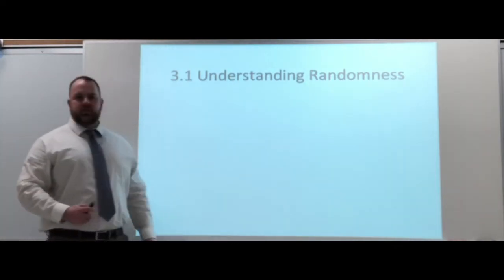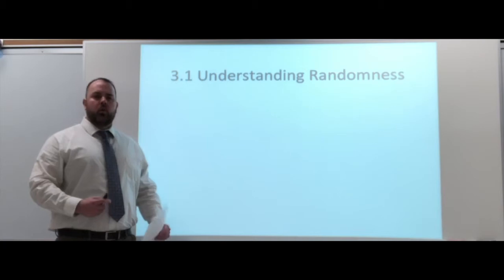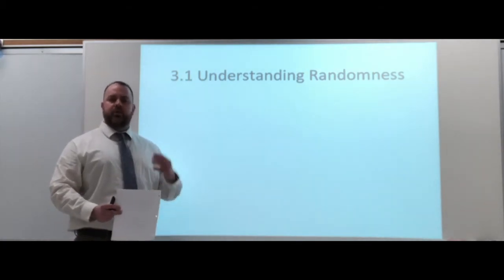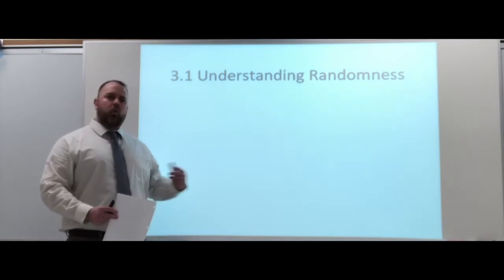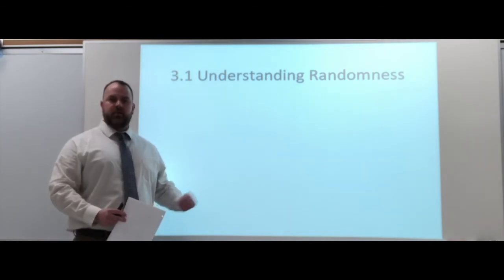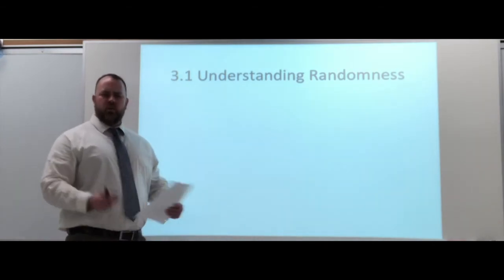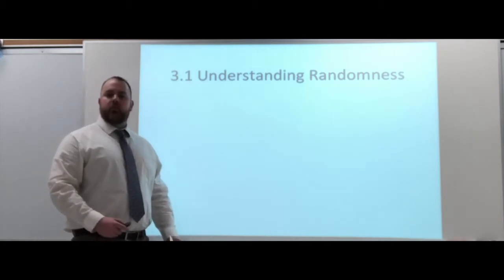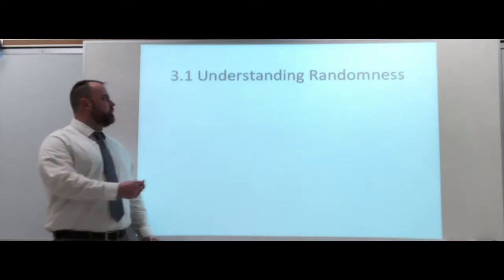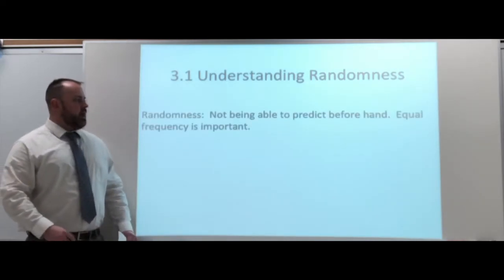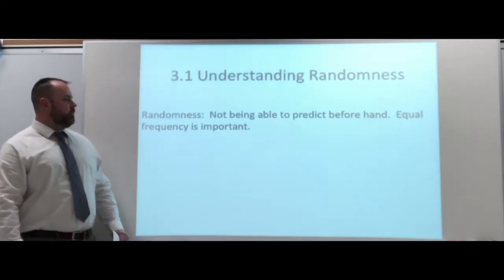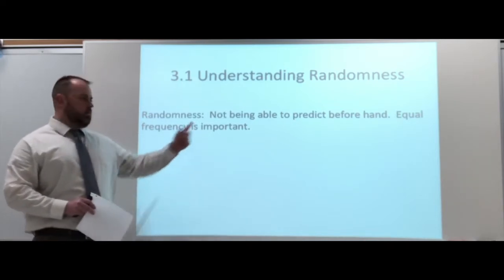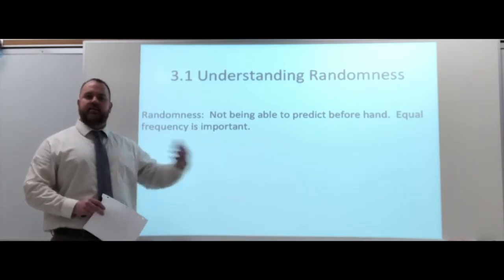So 3.1 is understanding randomness, and what we're going to look at here is what randomness is and how, if we know something is random, what should be the outcome, and if that outcome doesn't happen, we're going to look at the results and see why didn't it happen, why wasn't it random. So randomness, not being able to predict beforehand. Equal frequency is important. So this is saying randomness is if equal frequency, every observation unit has an equal chance